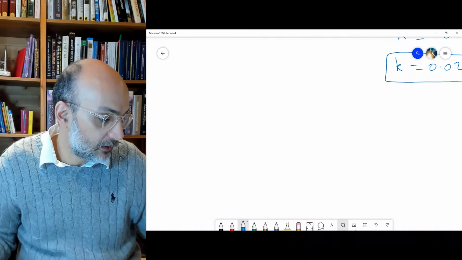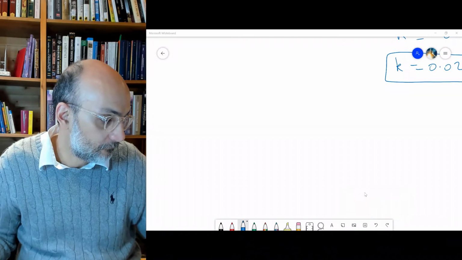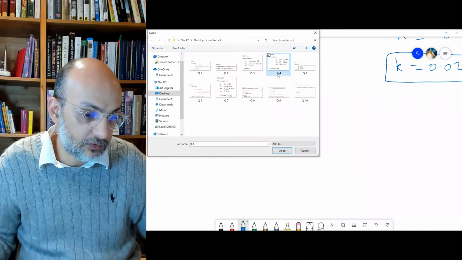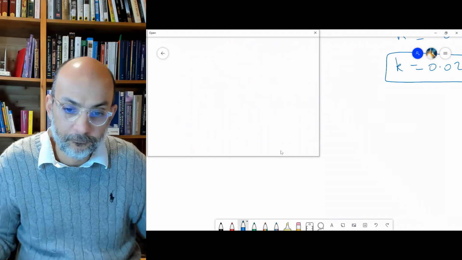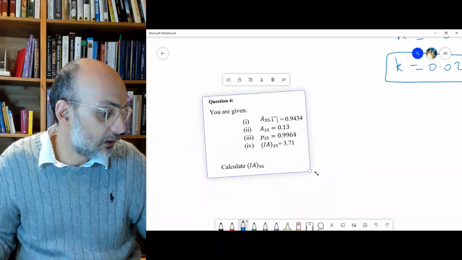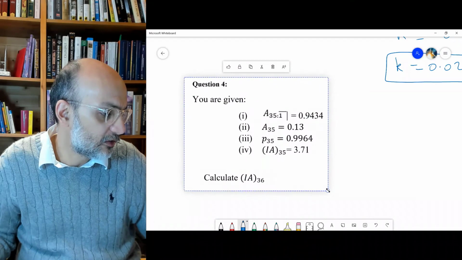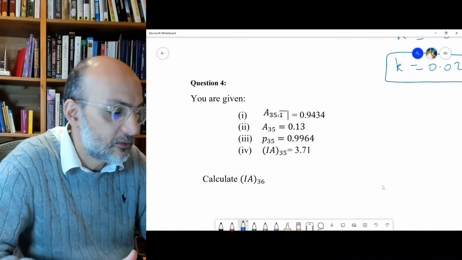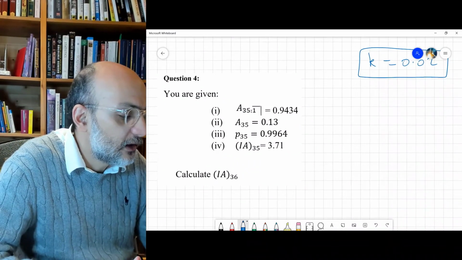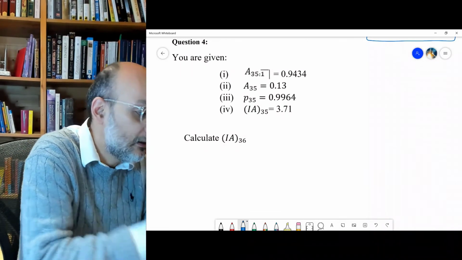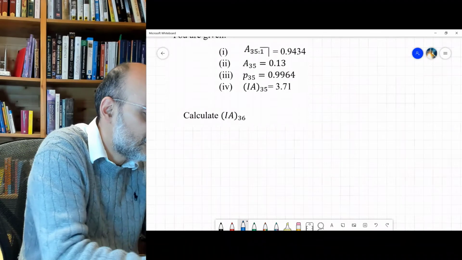Now let's take another question. Let's take question 4. Now question 4, I told you in some of the videos that those are the kind of questions I like. It's important to visualize them. If you don't visualize them, it gets harder. Let's start visualizing this relationship. We have IA35 and IA36. Let's start with